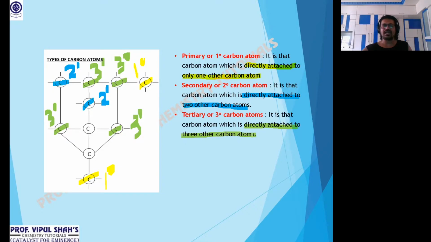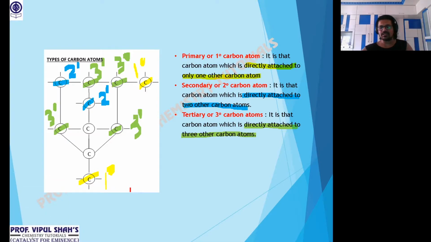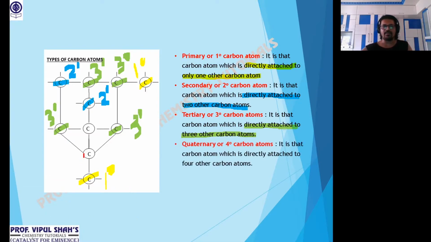That's called tertiary. And last we have what we call quaternary carbon. That's a 4 degree carbon, where a carbon atom is directly attached to four other carbon atoms. Quarter means four. Like this one, directly attached to 1, 2, 3, and 1, 4 down there. So this is 4 degree. Same way this one down is also directly attached to four others, so this is also 4 degree. So first are the types of carbon atom. That's one. Now we'll go to the next part, that's alkyl groups.